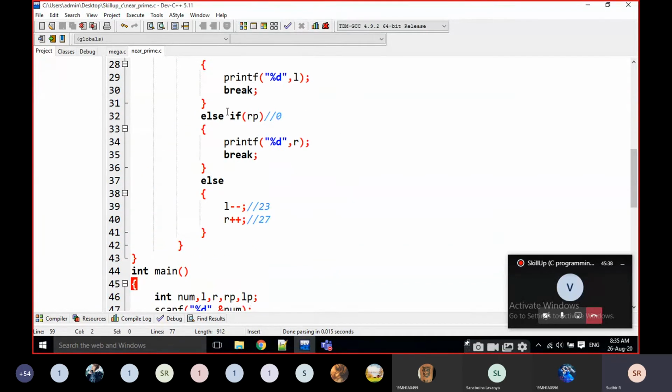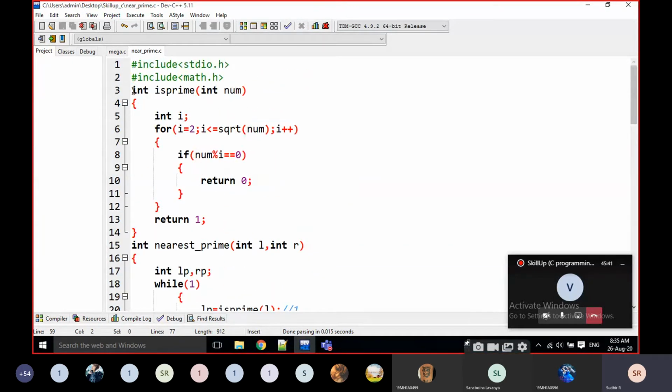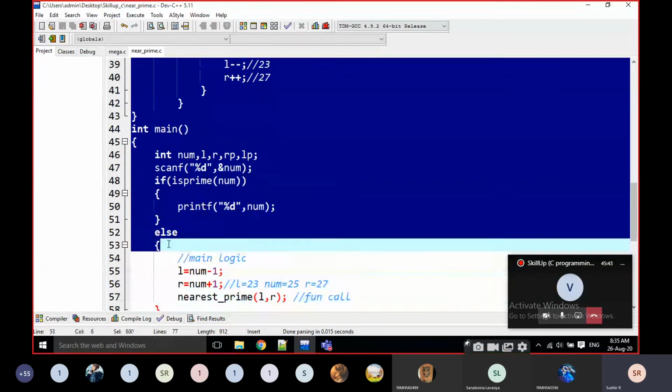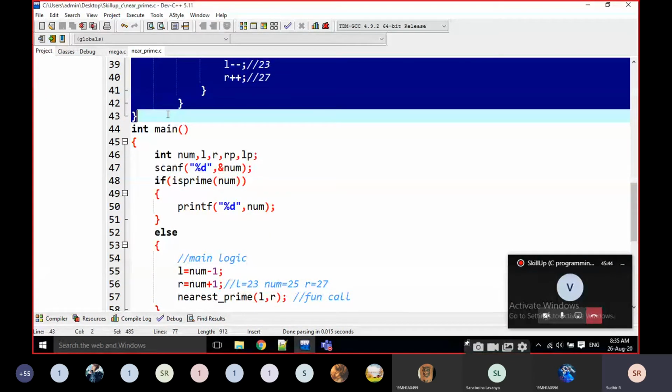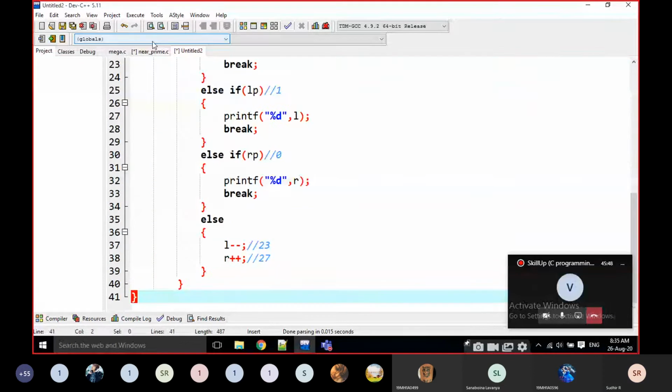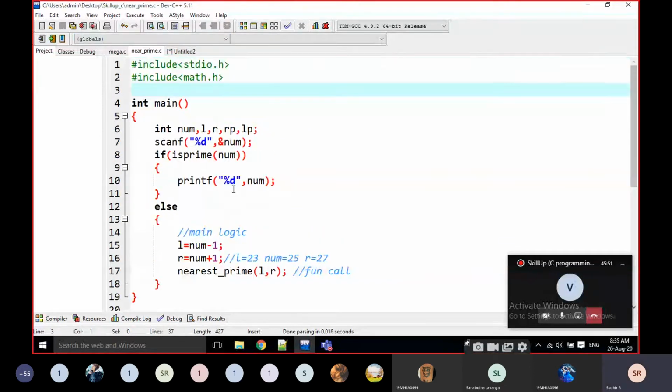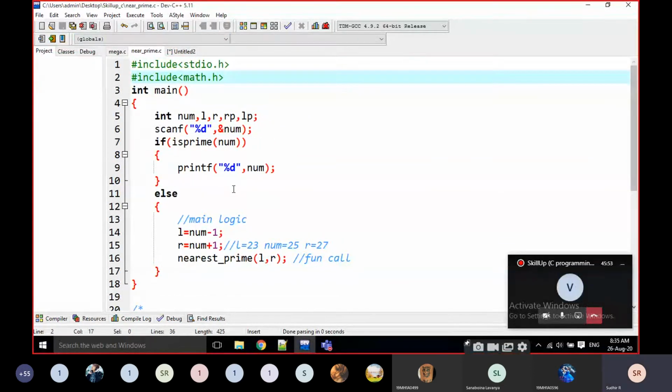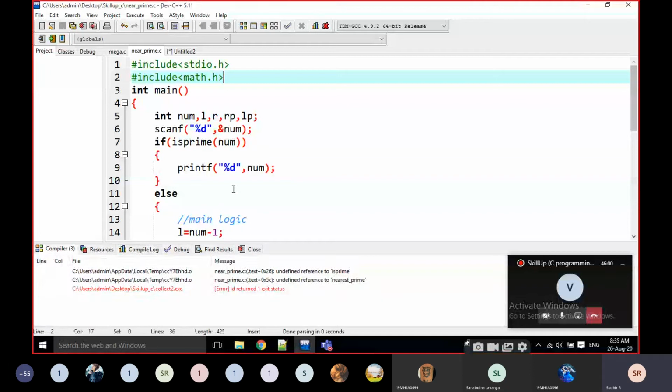For example, I am going to cut these two functions. Here this is the only program, okay? If I execute it, just observe here.